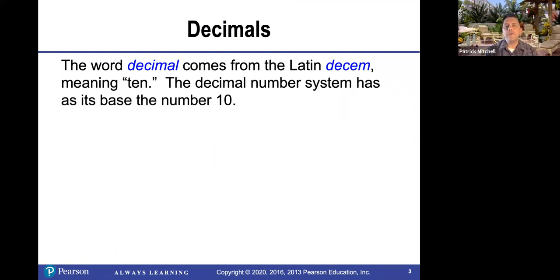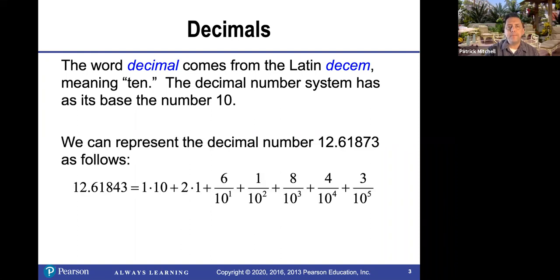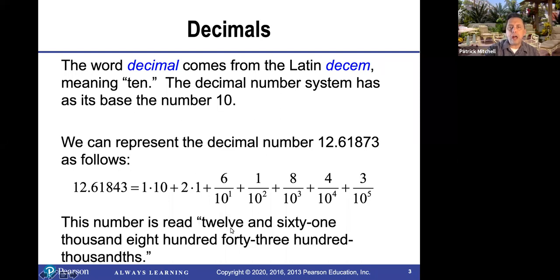The word decimal comes from the Latin decim, meaning 10. The decimal number system has as its base the number 10. We can represent this decimal number as follows: 1 times 10 plus 2 times 1. Notice that 1 is in the tens place, 2 is in the ones place. And then after the decimal point, we go 6 tenths plus 1 100th plus 8 thousandths plus 4 10,000ths plus 3 100,000ths. And this decimal number is read 12 and